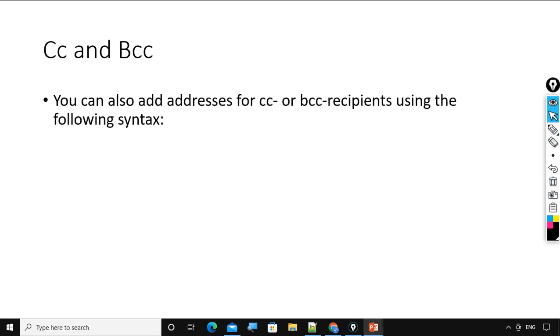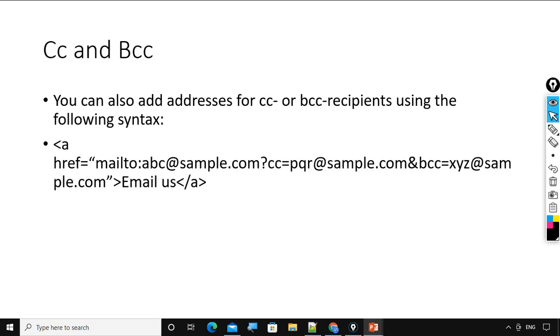You can also add addresses for CC or BCC recipients using the following syntax. What is the syntax? Let me explain. Here we have opening anchor tag, then closing anchor tag, and here we have descriptor, nothing but the name of the link.